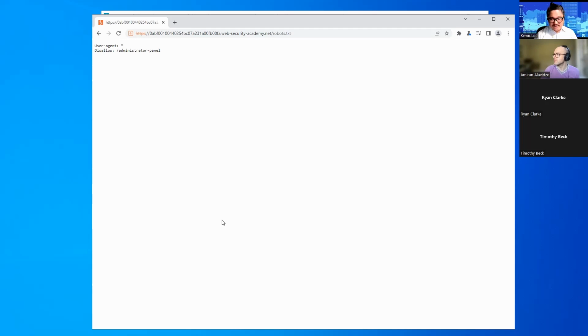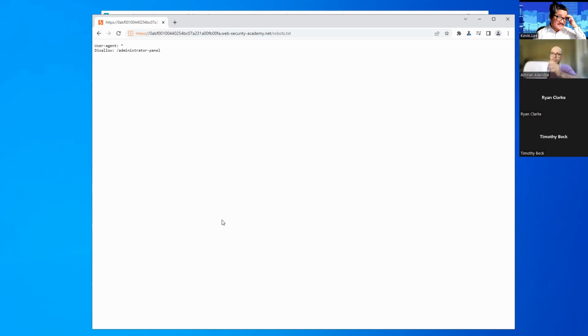But yeah, so the robots.txt file is a file that's intended to provide search engine web crawling robots with a list of directories inside the website that they are or are not allowed to index on the search engine.